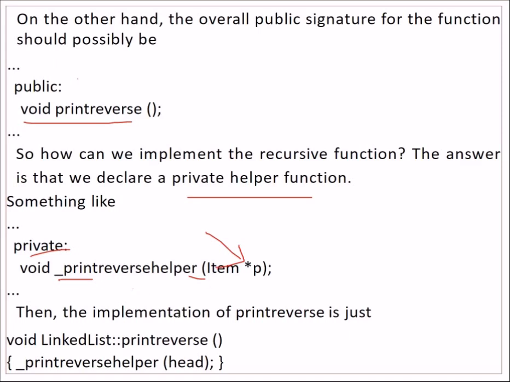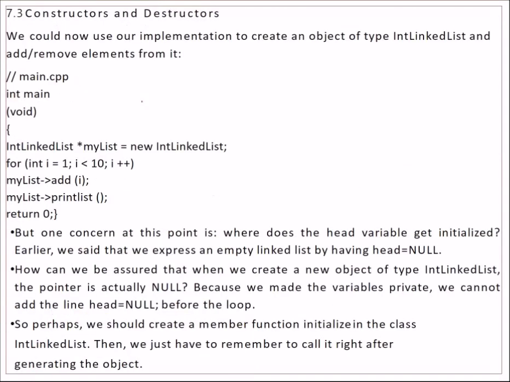And the implementation of print reverse is just like linked list, the name, double colon, that is the scope resolution, and the function name, and we will just call this. So this is a simple way. We have done nothing. We have just made a function, and inside it we have called the function we were talking about, right? We have not changed anything.